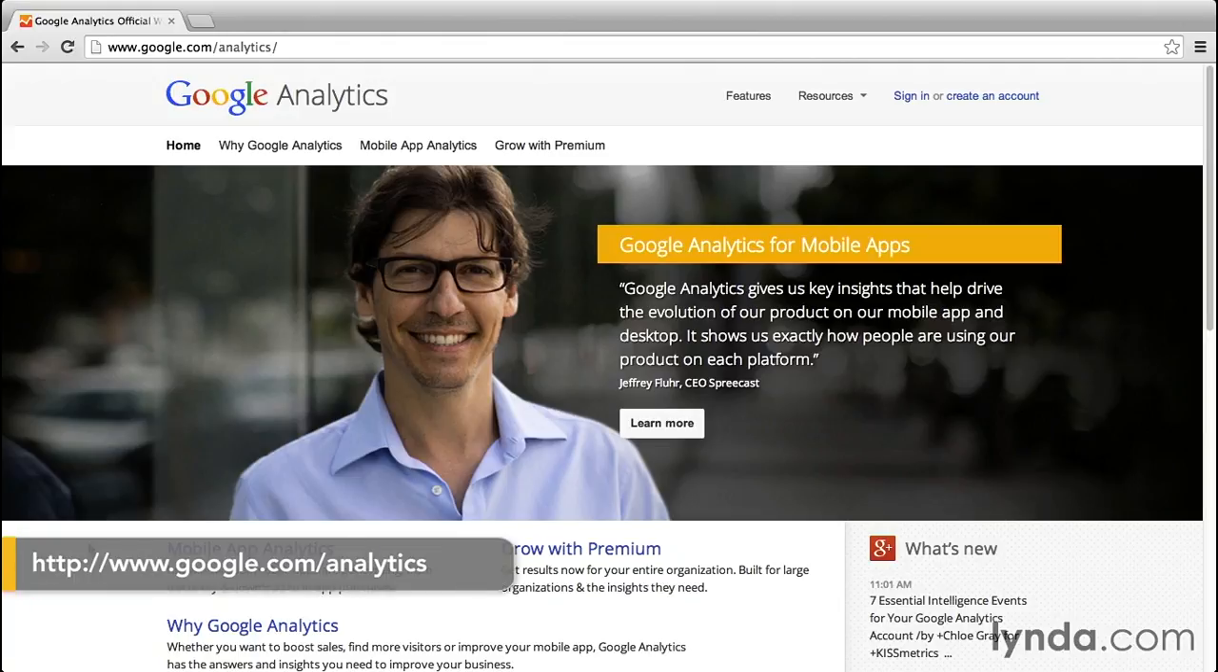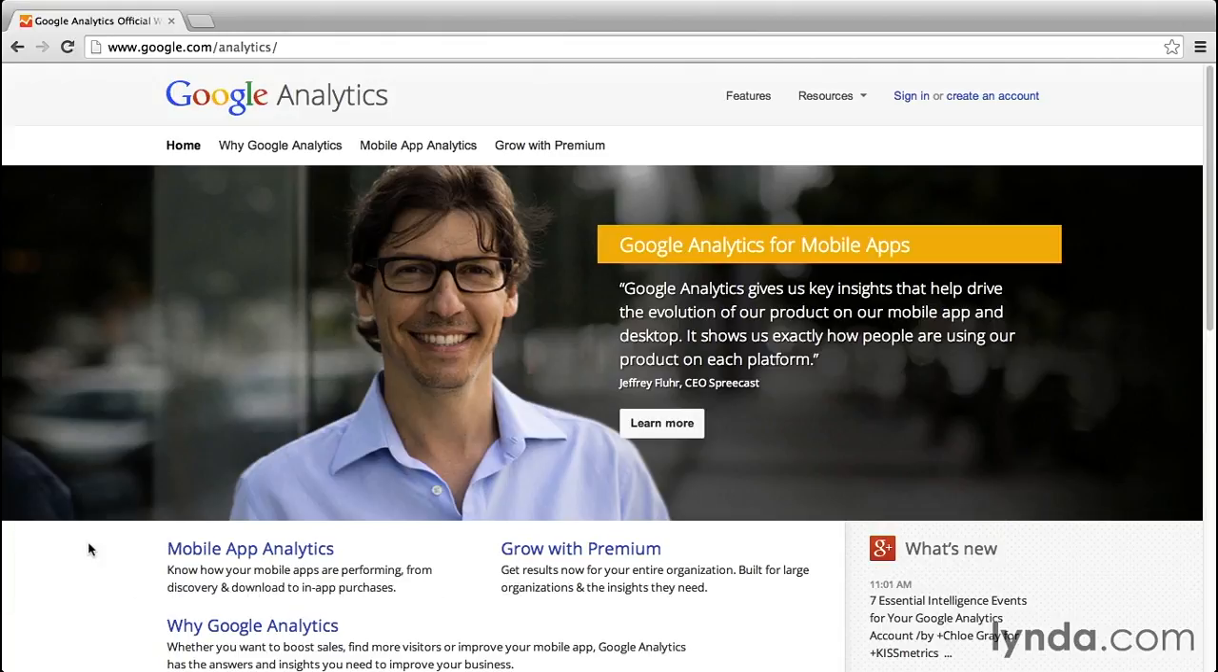So to set up Google Analytics, you'll visit google.com/analytics, and that's where I am now. Now, if you have a Google account already, you'll choose the Sign In option in the upper right-hand corner. If not, you want to configure one, and you can do that with the Create an Account link in the upper right-hand corner. I recommend setting up and using the same Google account for Analytics, Webmaster Tools, and Google My